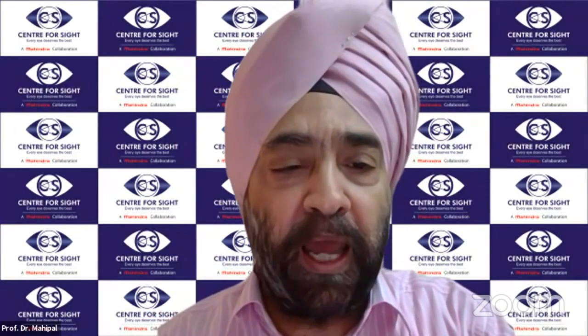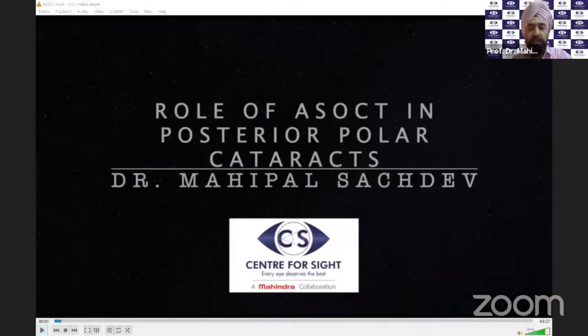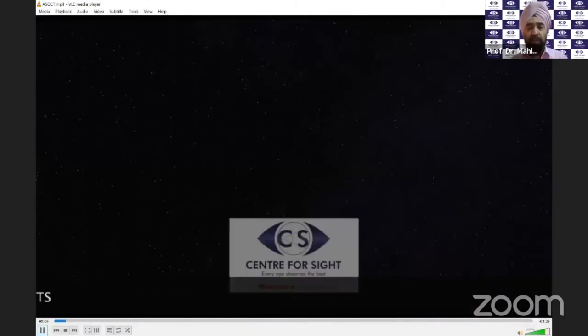Anyway, I'll just do my own screen share here. So I'll also be taking on from where Mohan left, and this is using the femtolaser assisted cataract surgery. Now, in this particular case, what I'm wanting to show you is that there is a pre-existing rent that you can see even on the slit lamp. Can you see this whole pre-existing rent that you can see on the slit lamp?